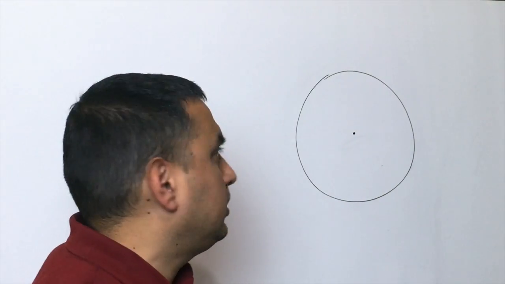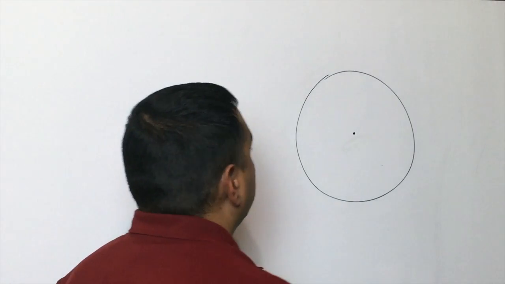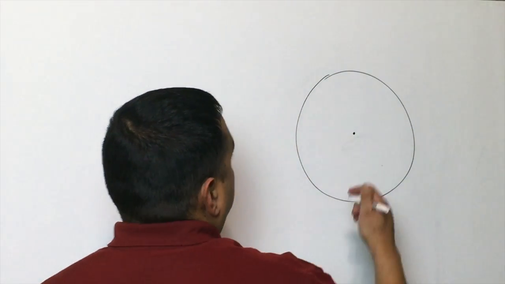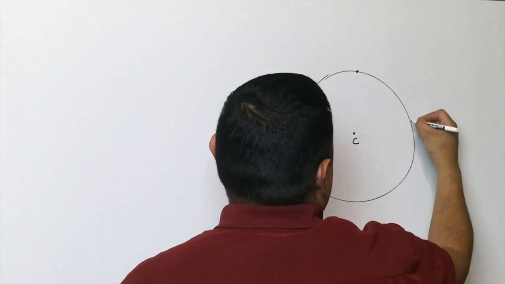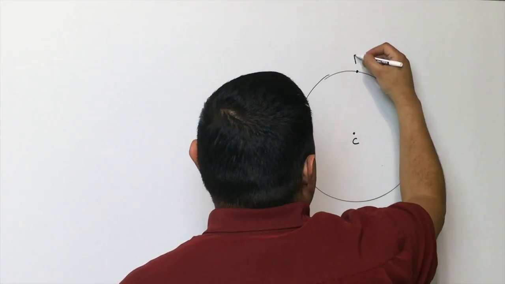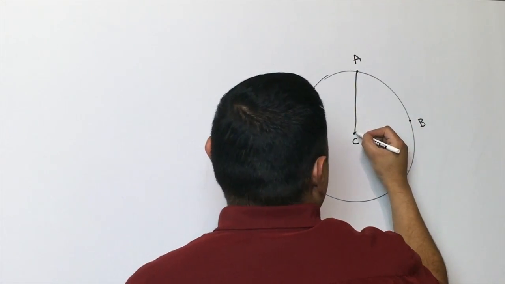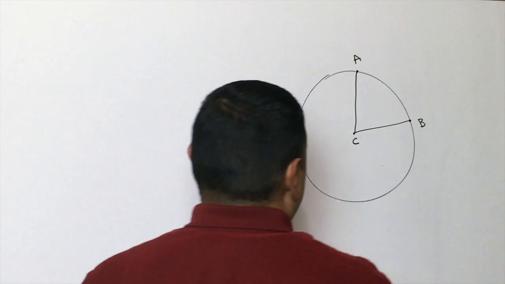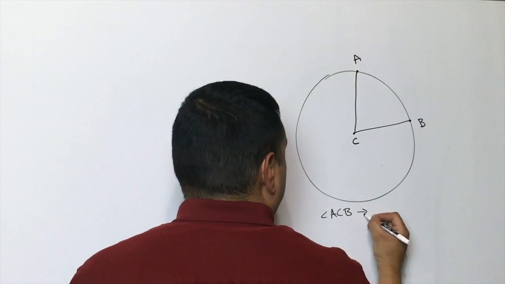This lesson starts by defining what's called a central angle. What a central angle is: if I take the center, we'll call the center C, and I pick 2 points on the circle, we'll call this first one A, and this one B, and I connect those 2 points to the center, that creates an angle. And again, we call that angle ACB a central angle